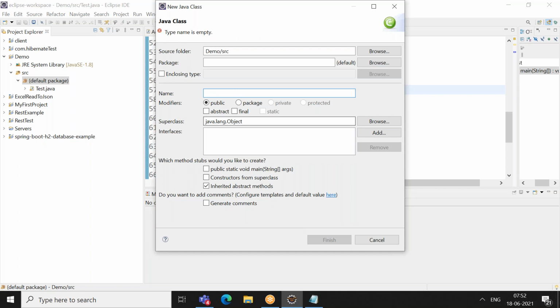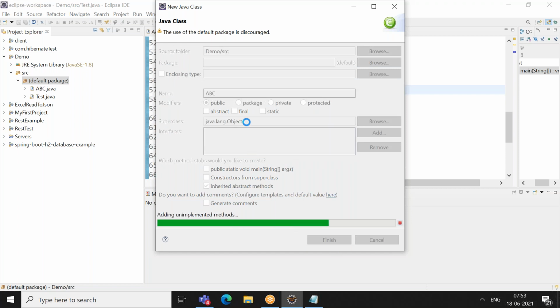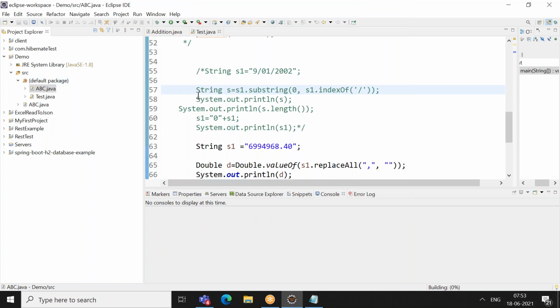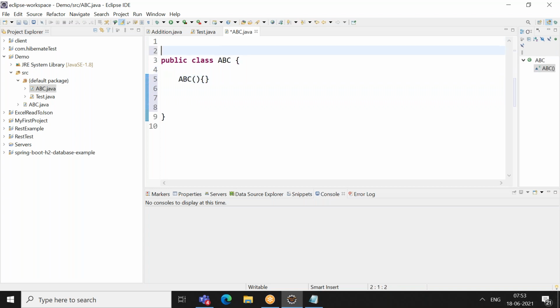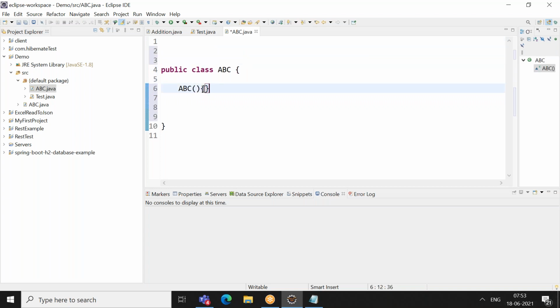Some ABC class I'm taking. So here I have a one parameter and a zero parameterized constructor. To specify that it's in zero parameter, I can just write a print statement.